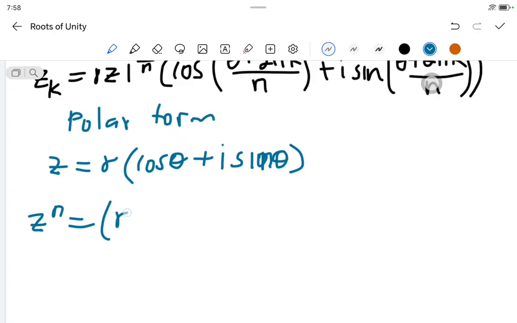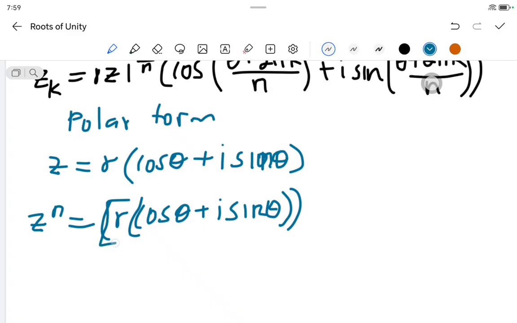So we plug this inside there, so this is cos of theta plus i sine of theta. We get that. Now from here, we exponent both sides by 1 over n,